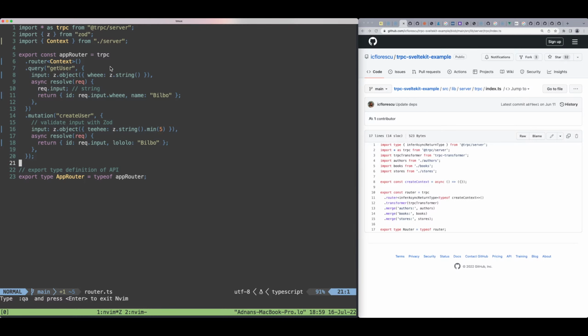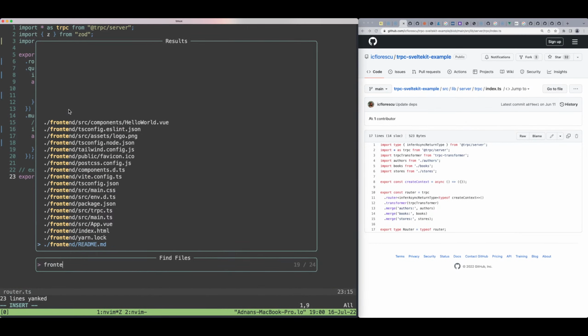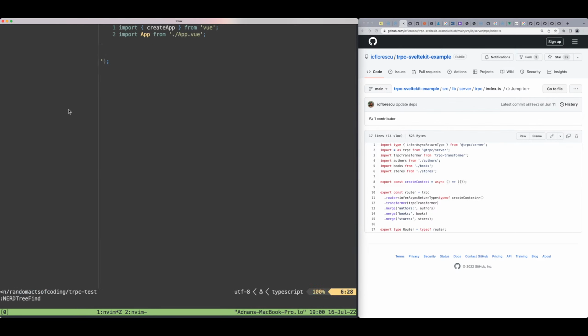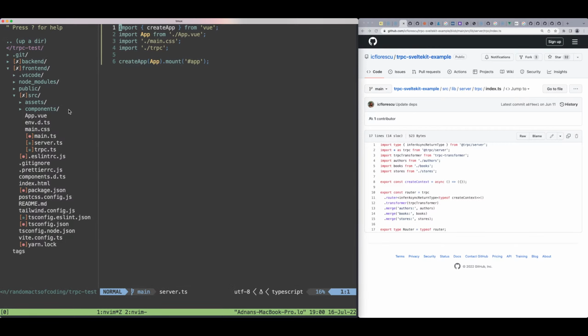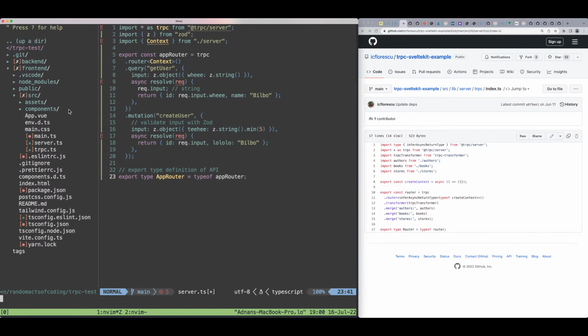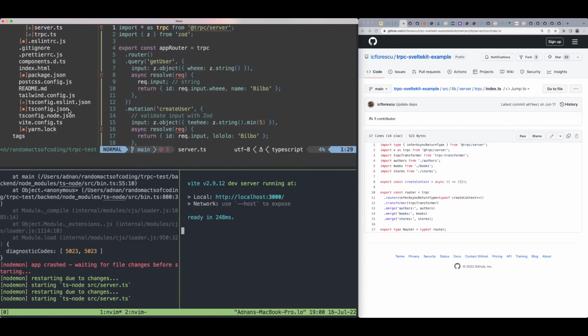So the only thing I could think of now is for me to have this and actually have it as part of some file in the front end. So if I was to do something like this, just server.ts up in here, and maybe I can just get rid of that. I don't really need context for this to work. And then what I'll do is I'll install tRPC server on the client side. And what I want to test here is